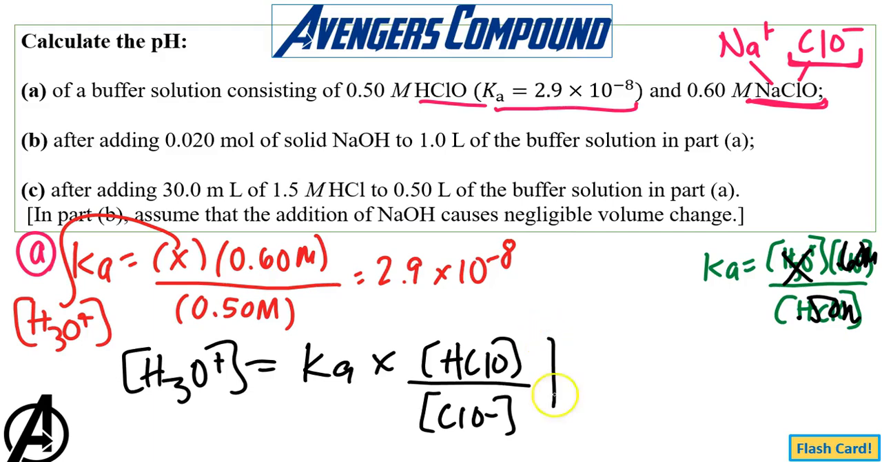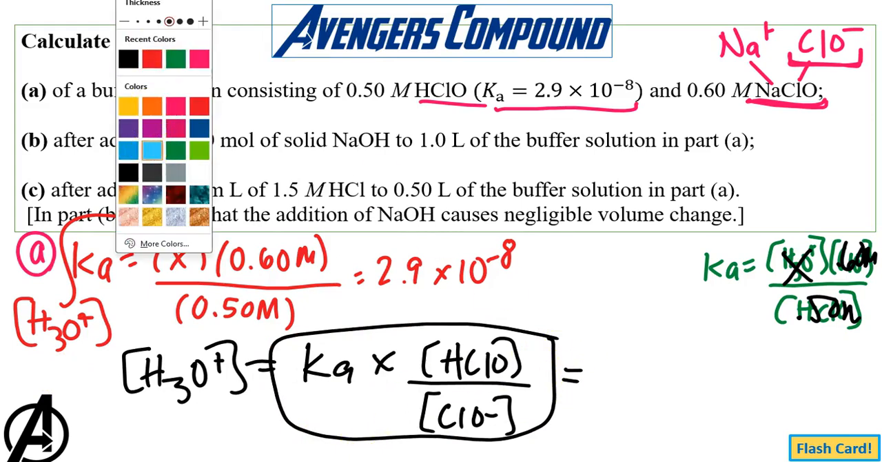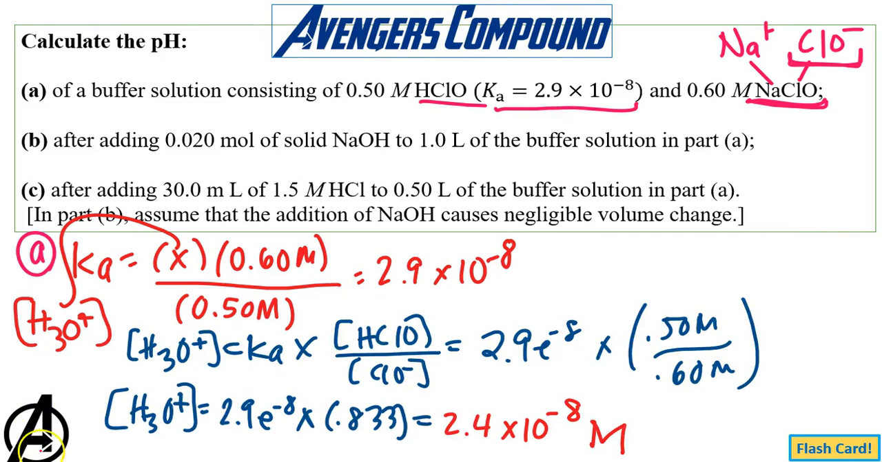And so I can also use this to solve for X as well, making it easier for myself just by using the ratio. So that's what I'm going to do here. Another color, and I'm going to just basically fill out my Ka and my ratio here to get my H3O plus concentration. Okay, so I'm going to have my Ka, which is 2.9 times 10 to the negative 8, multiplied